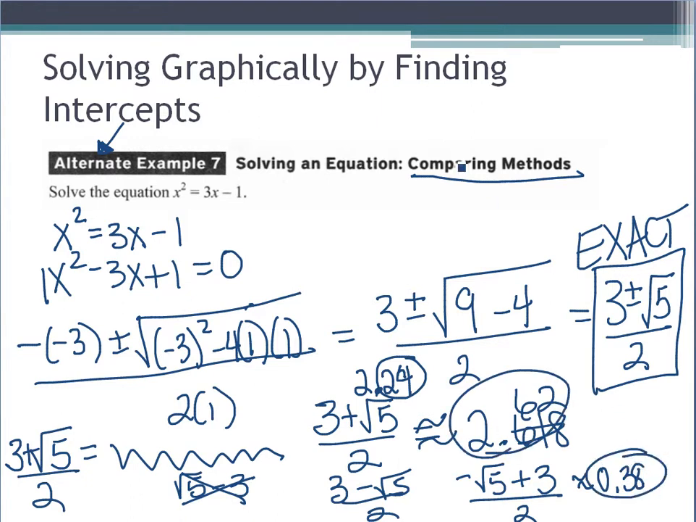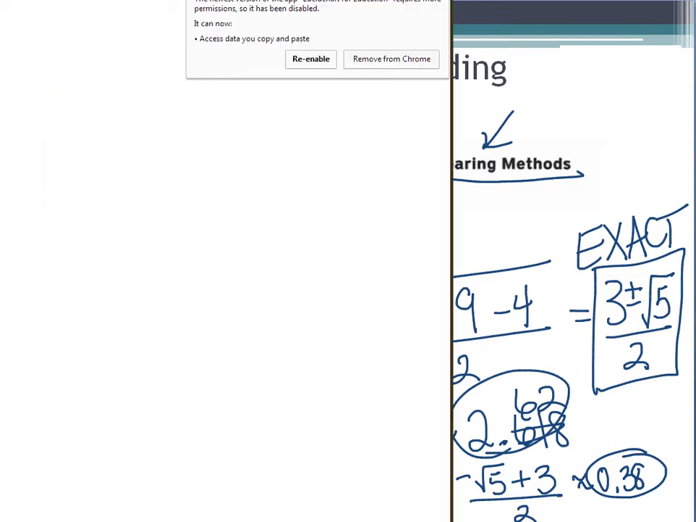Okay, so the other method that we can use is by graphing. All right, so let's open up our graphing program. Either if you have a graphing calculator,